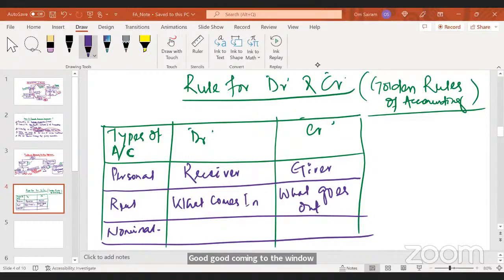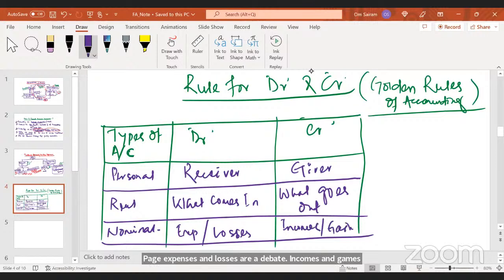Coming to nominal account. In nominal account, all expenses and losses are debit. Incomes and gains are credit. अगर बिजनेस का इनकम हो रहा है, कमाई हो रहा है, गेन हो रहा है, तो उसको क्रेडिट करेंगे. अगर बिजनेस का खर्चा हो रहा है, कुछ नुकसान हो रहा है, तो उसको हम डेबिट करेंगे।